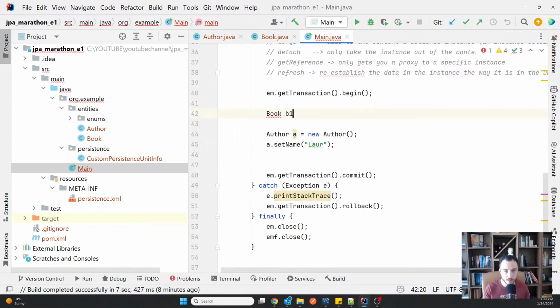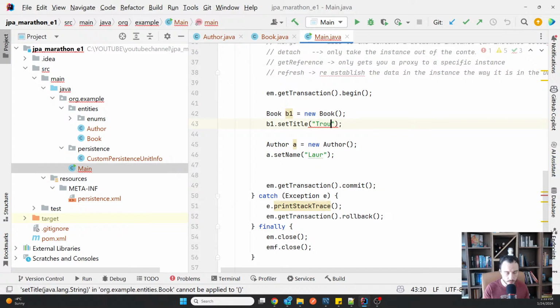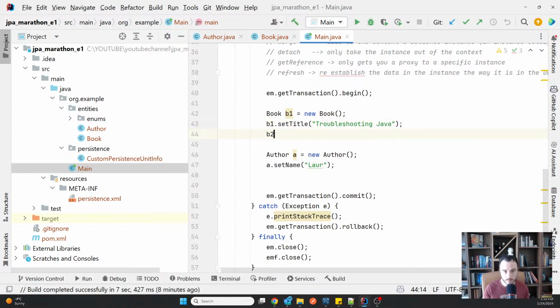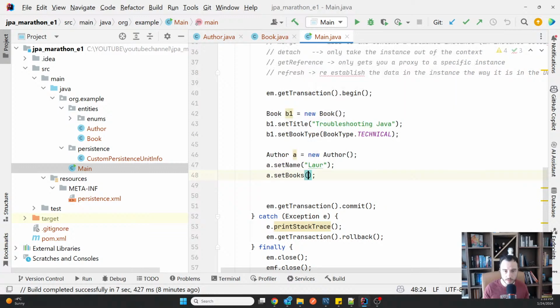So Book b1 is new Book, b1 setTitle, and the type technical, and then very important, setBooks, set of b1, in my case the only book, but I have a set of books.